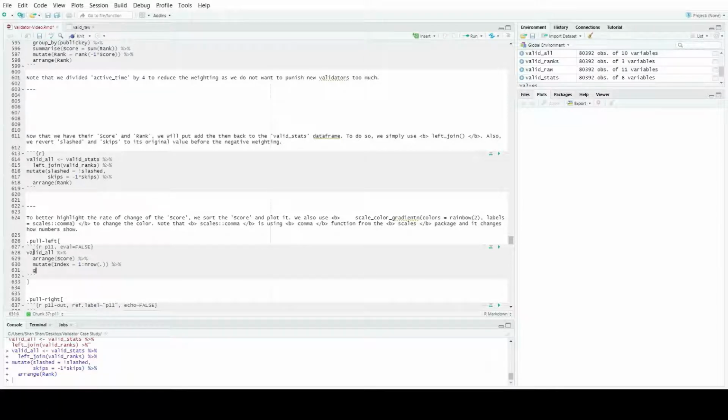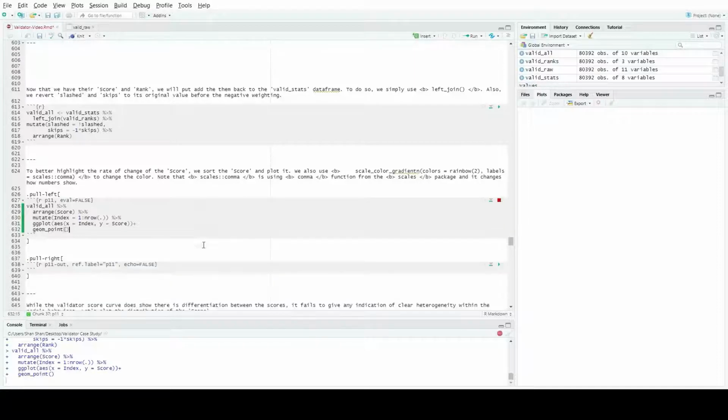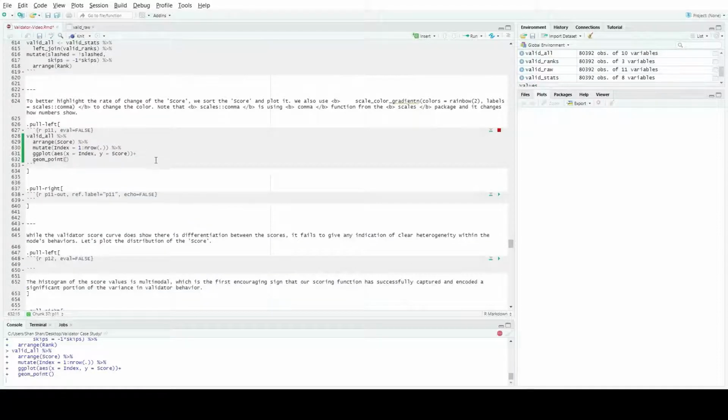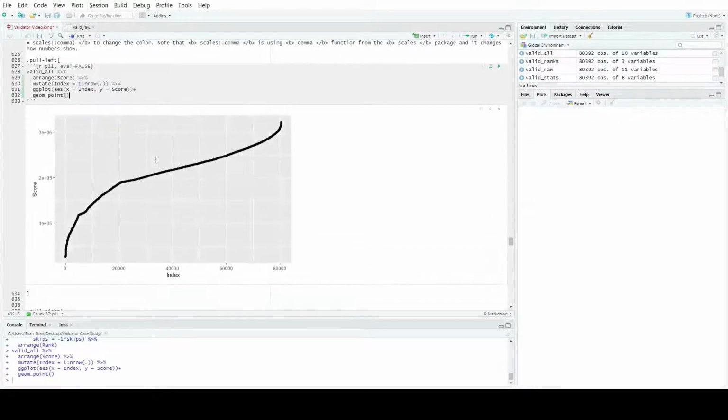And then we can use ggplot to plot it. We have the score. Then we can do a geom_point, and I very quickly see how it looks. It looks like this. Okay. So we can